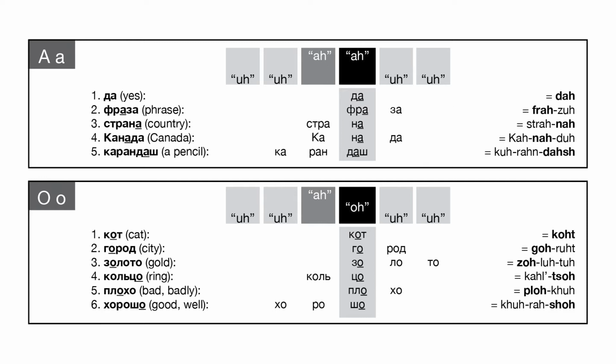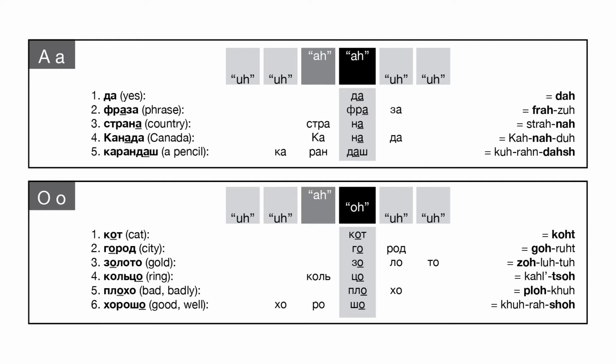Same goes for the dark gray column right in front of that, the syllable right before the stressed syllable. If there's an ah there, it'll also be pronounced ah. So ah in those two situations. But everywhere else, if we have an ah falling in any other unstressed syllable, it's going to sound like